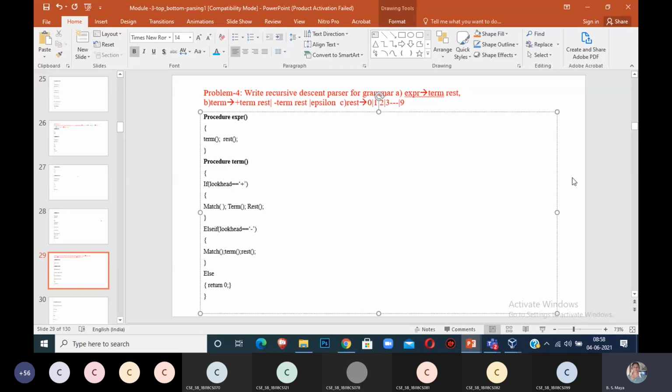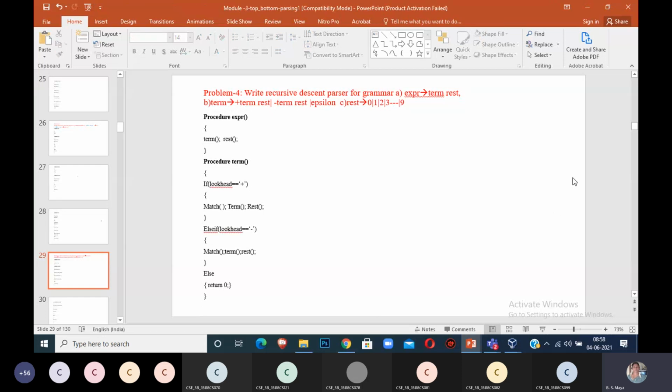Okay, can you start writing the procedure? First, you have to start with the procedure EXPR. In EXPR, we have reading for the terminal term. Then we have the non-terminal term and rest. It's over.